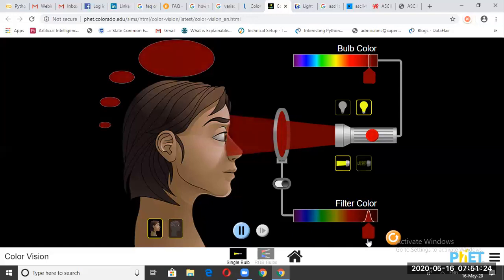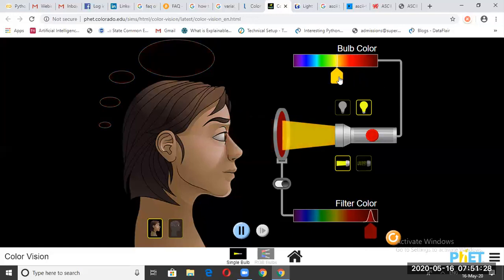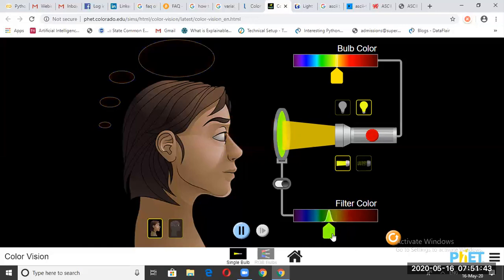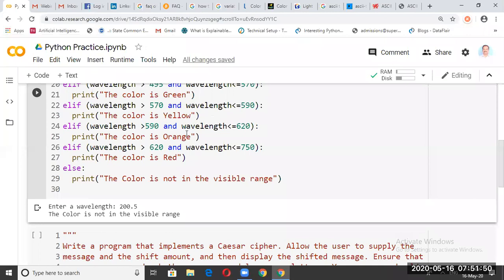Okay, it falls in the red spectrum, see here. So let me change the color, let me make it yellow for example. See here, it will not show any red color now. You have to see here and here on the eyes of the user. So see, now the yellow color comes up and there is no other color. So this is how Python code is implemented for the visible spectrum in this range.